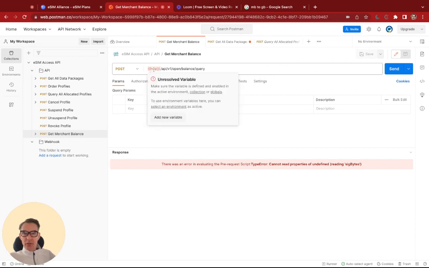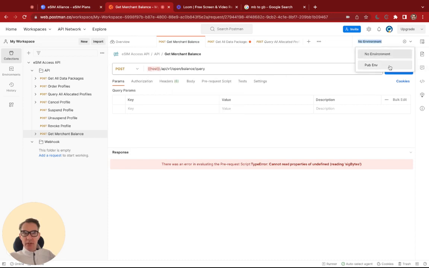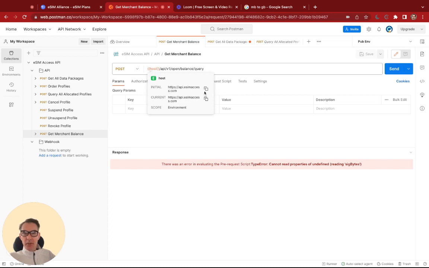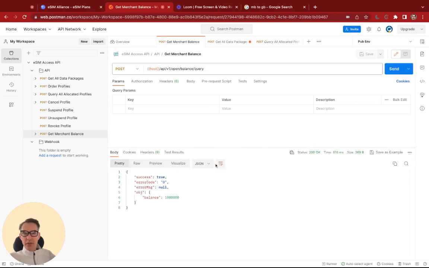If we hover over this variable, we'll see that it's unresolved, meaning we haven't gotten into the right environment. So just going to switch it to this public environment again. Then we're going to check, and here we do have our variable settings. So let's run this merchant balance and see if we have any money now. And we do. And this number here is